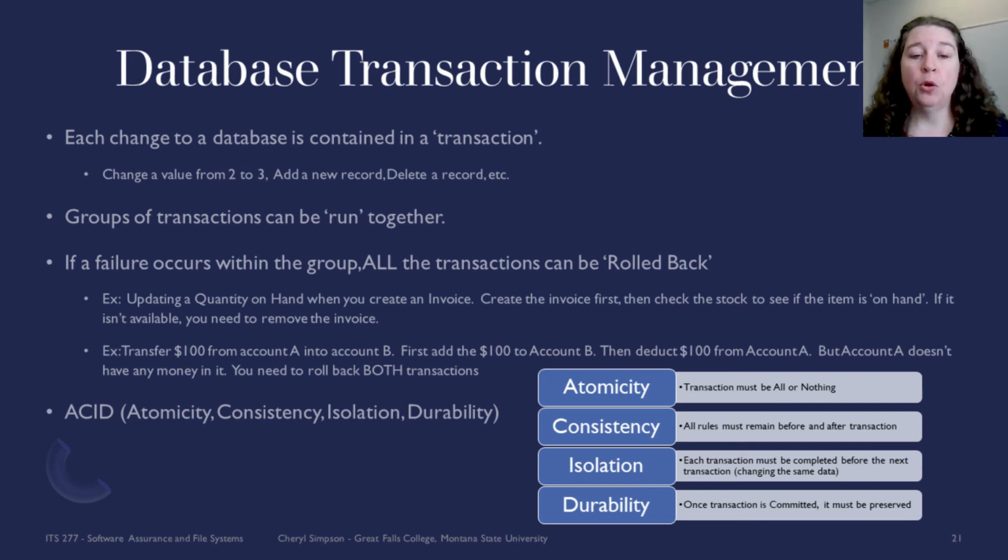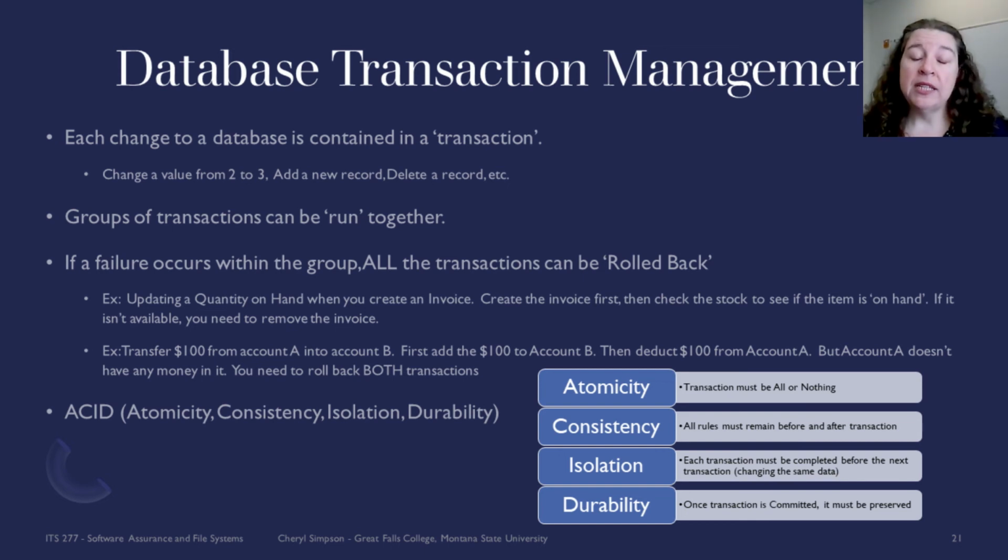The same example with money. If I have $100 in my account and I want to give it to you, I'm going to take the $100 from my account, so remove it from my account, and then add it to your account. If your account is closed or locked, I can't put the money in your account. So now the $100 came out of my account, but it didn't go anywhere. Same concept if we first put it into your account and then take it out of mine. If I don't have the money in my account to give it to you, we need to roll back the